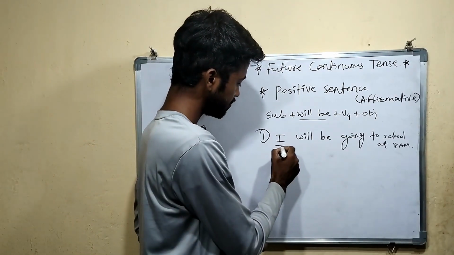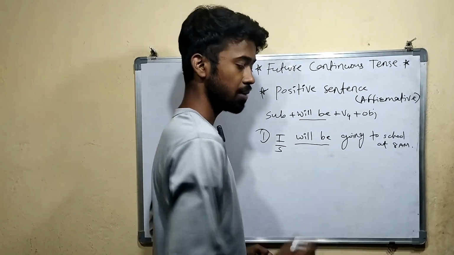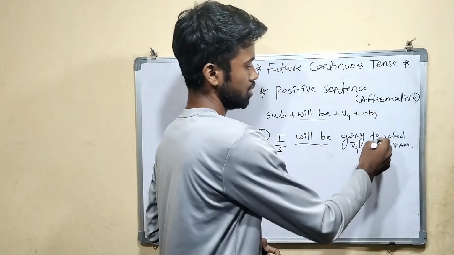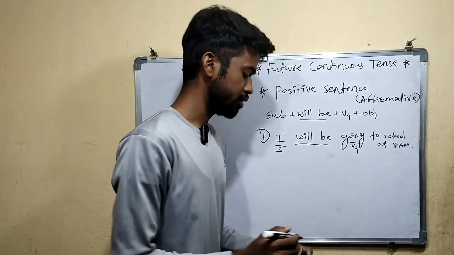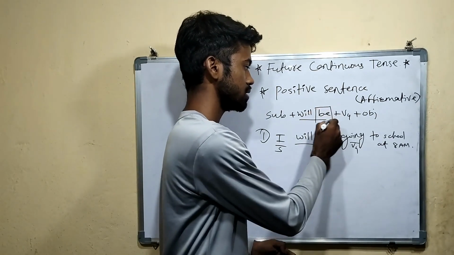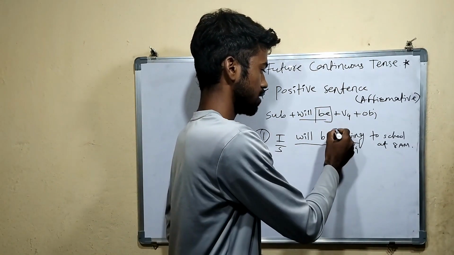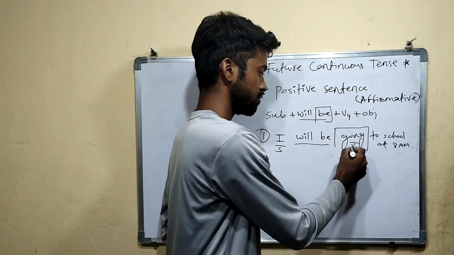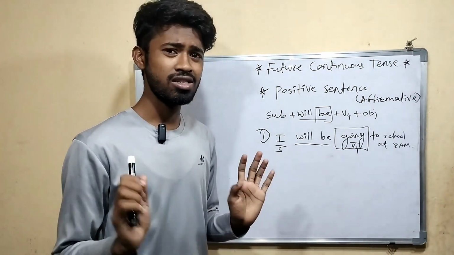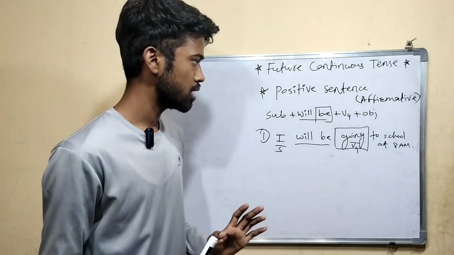This is the subject, right? This is the helping verb. This is the fourth form of verb, and the remaining part is the object. I told you with be forms we always use the fourth form of verb, right? This is be here. So now see, here we are using the fourth form of verb. So if you understand like this, it is very easy to remember. Okay, I am telling you repeatedly.